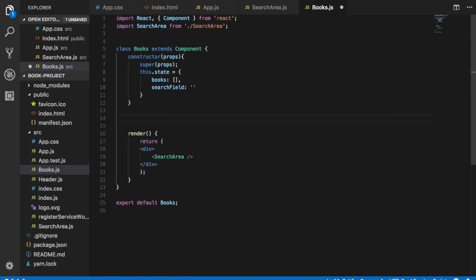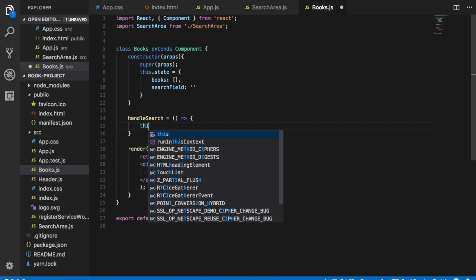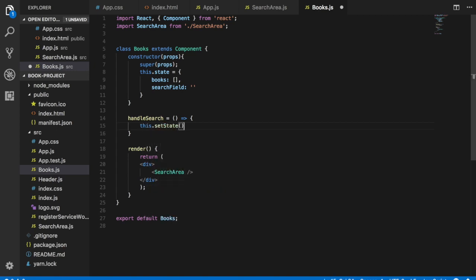I'm going to call this method handleSearch, and set that equal to, alright, so we have our method here, handleSearch, and what this handleSearch method is going to do is basically set our state every time we type into the input box. And so what I'll do is I'll do this.setState,